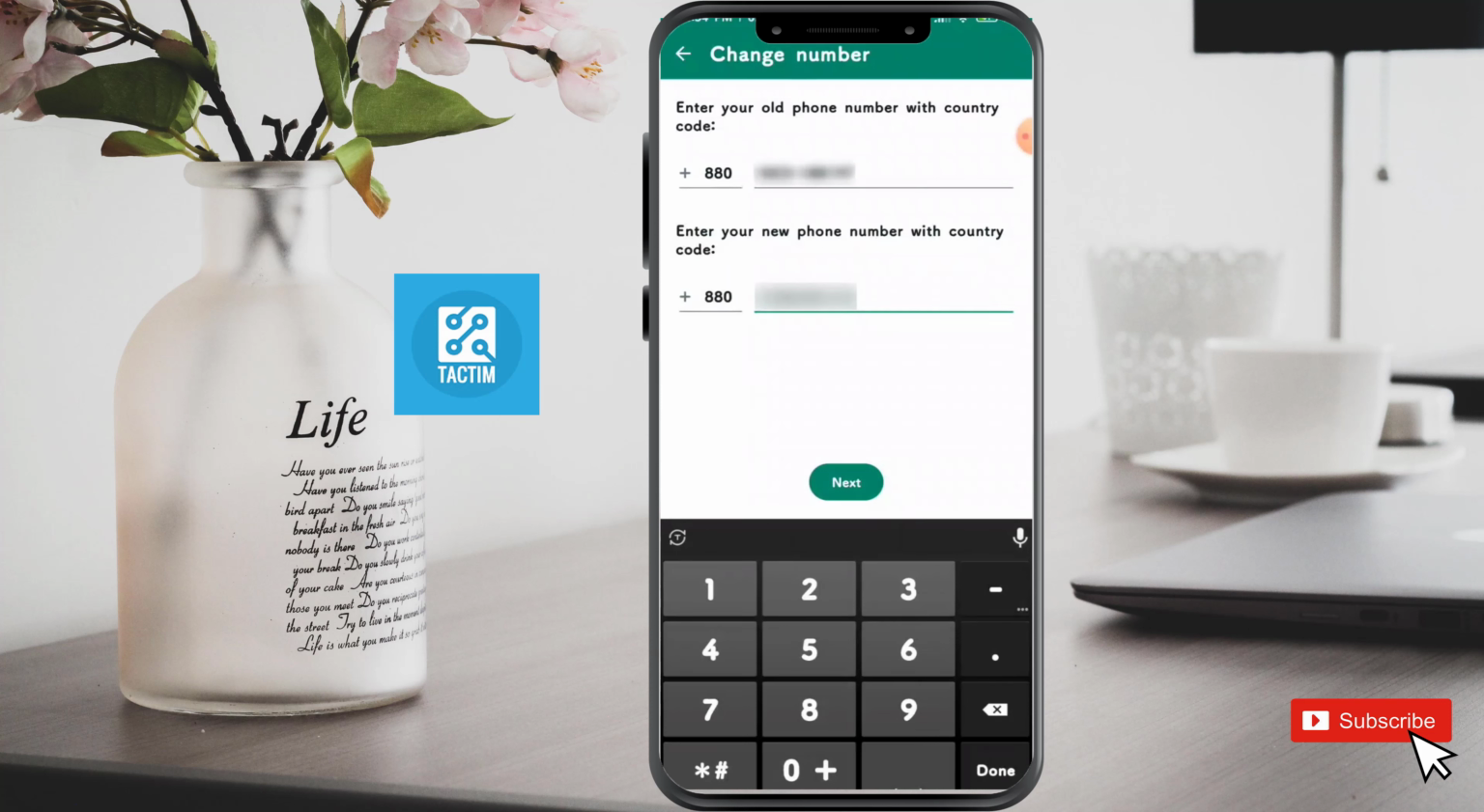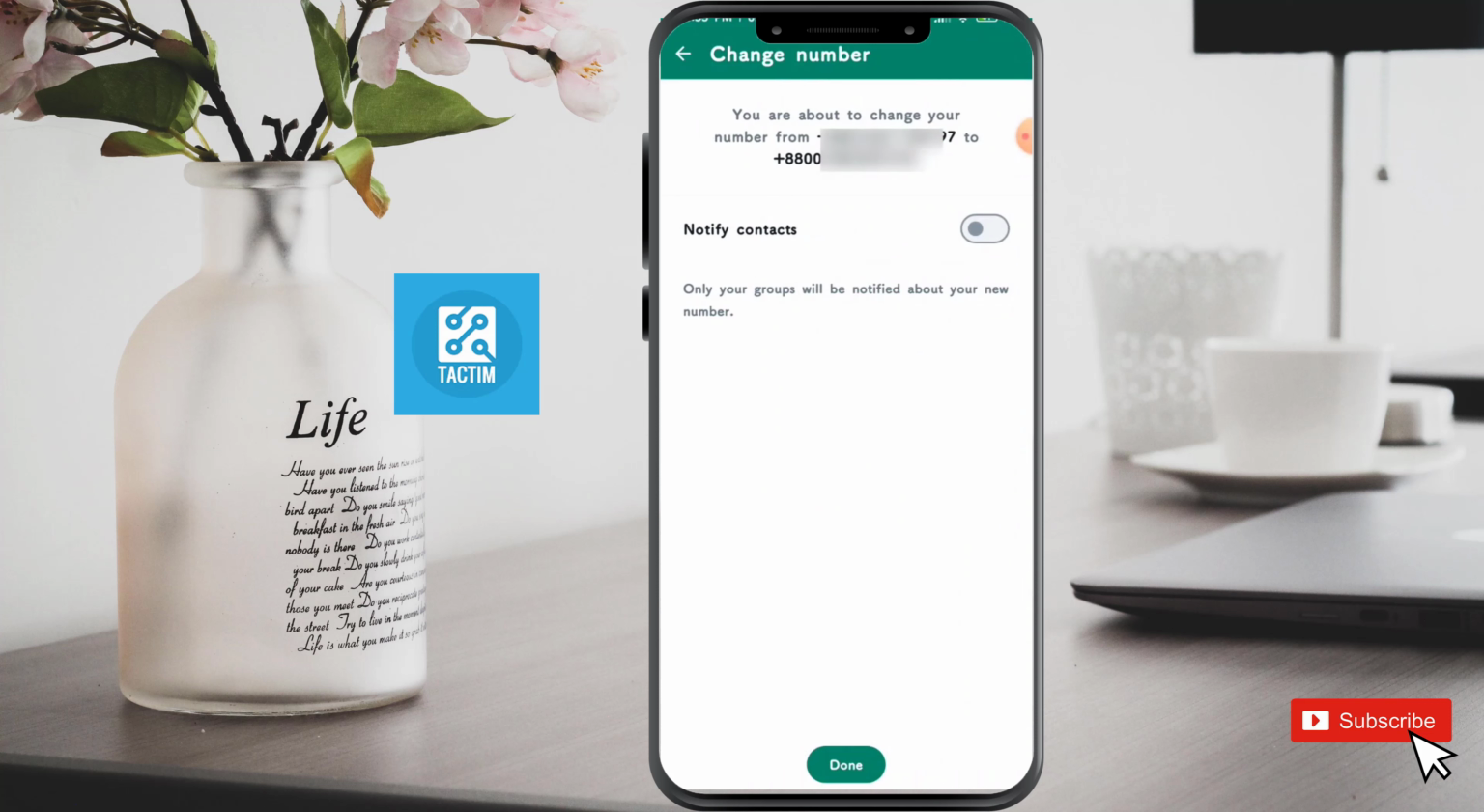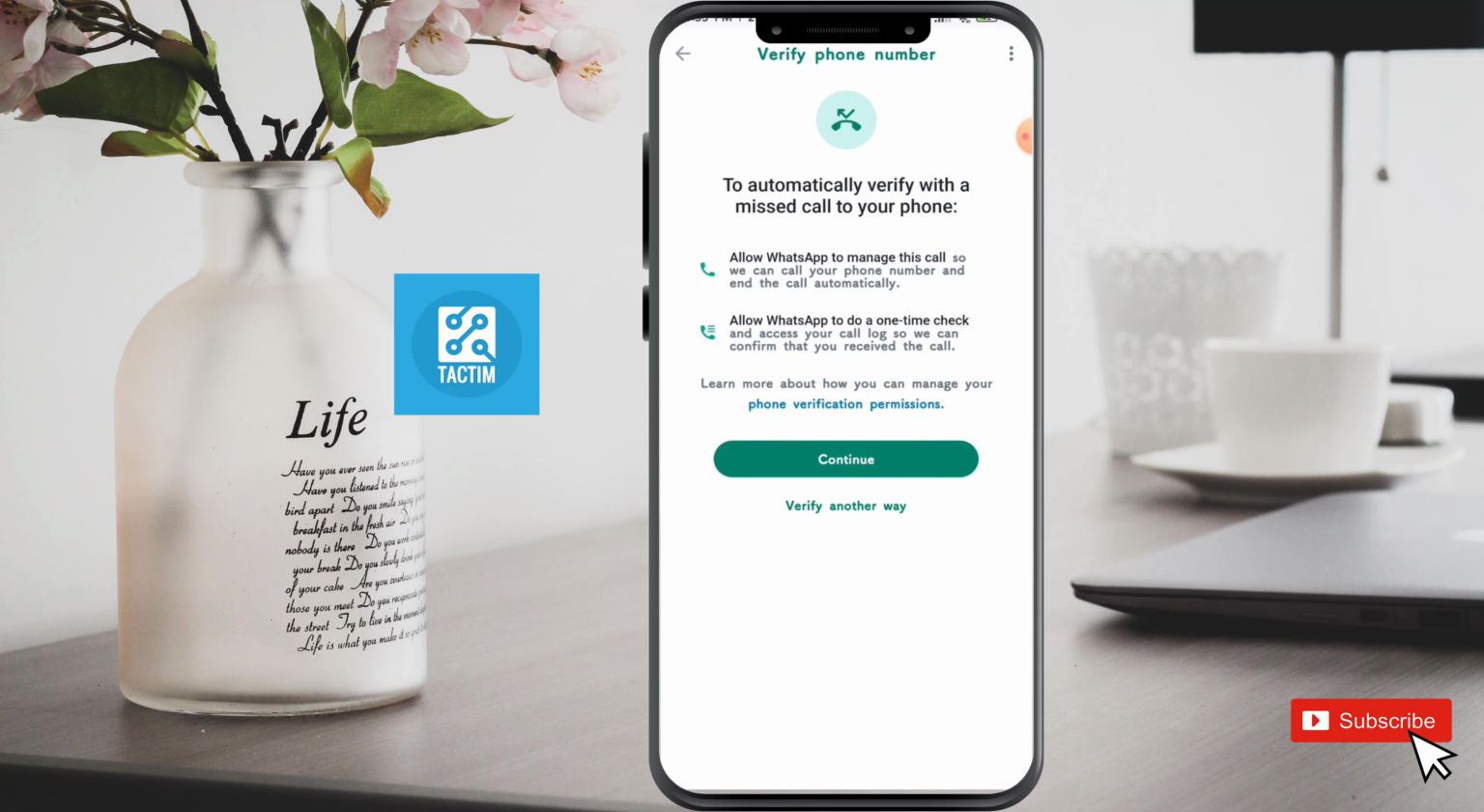So click on next. Make sure this toggle is on before you go to done. Click on this and make sure you are selecting the middle one, contacts that I have chats with. Now click on done. Now you have to just click on continue,